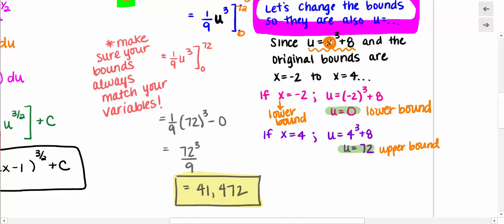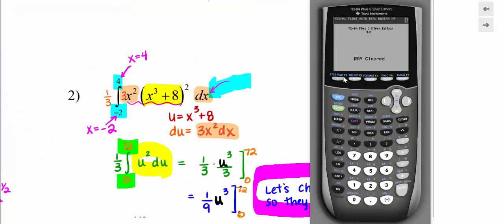And certainly this is something that you can check on your calculator, because remember, all of these definite integrals we can check. So I can pull up my calculator here. Okay, and now that I have my calculator, I am in the math print mode, or the new software. So if I hit math 9 or function integrate,